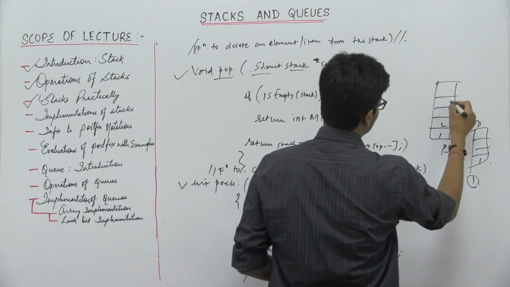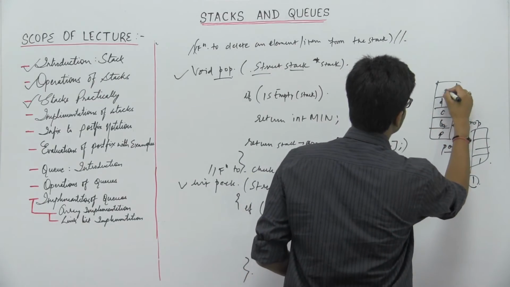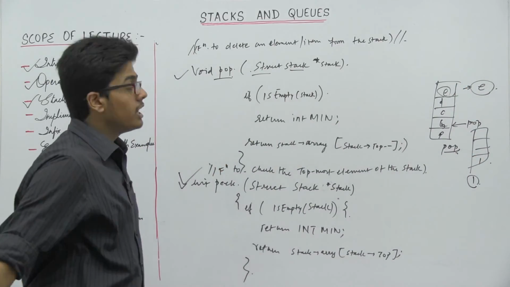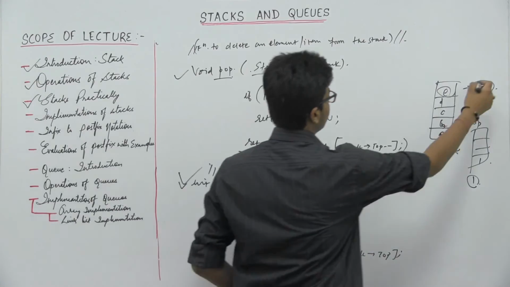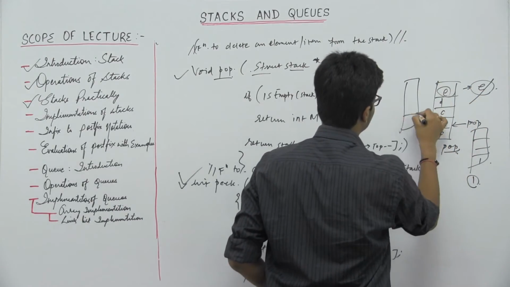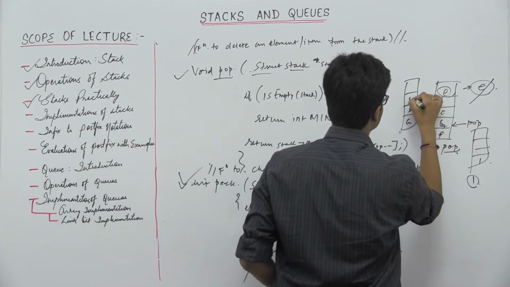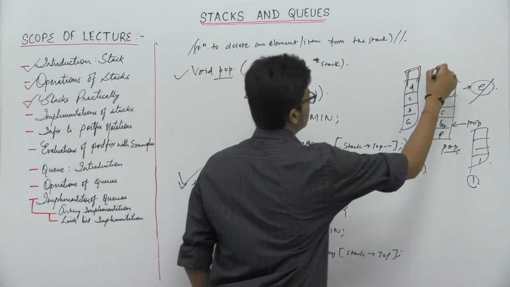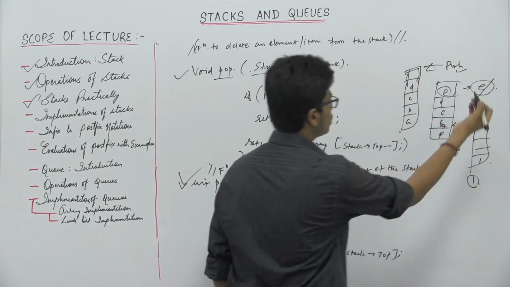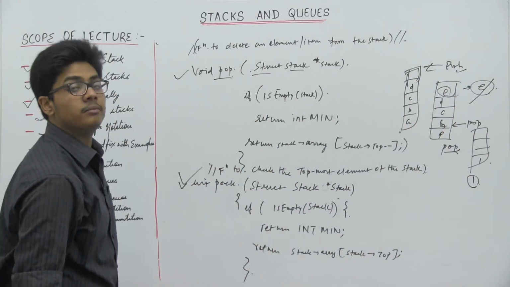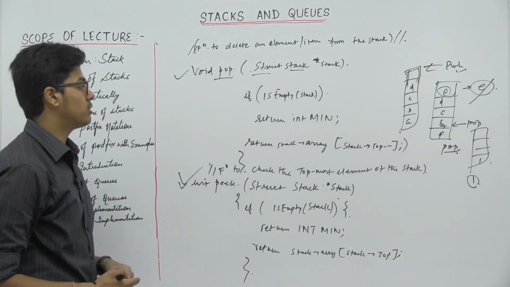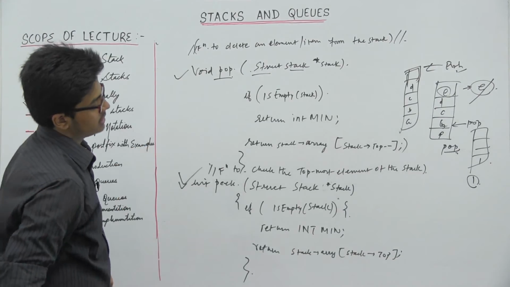What is the value in the stack? Suppose a, b, c, d, e. It returns the value e if we use the peek operation. If we use the pop operation, then it will delete the e, and the final array will be a, b, c, d, and this place is vacant. If you want to push some element, then again you can apply the push operation and add an element through the array. So basically the three major operations we already discussed, and this is the code for the construction of the stack.